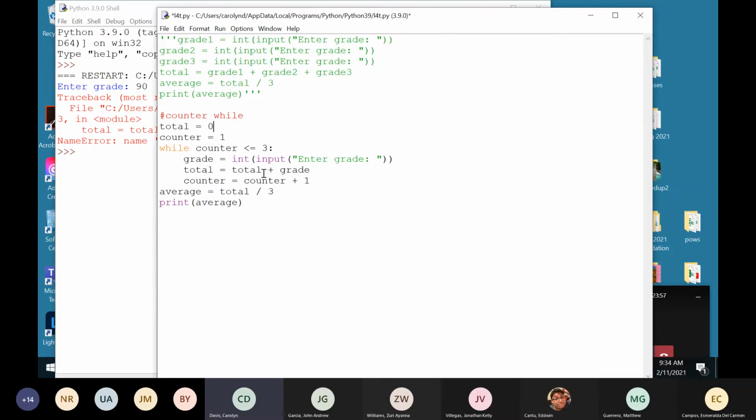And the reason it's not defined is because I came down here and I said, take whatever's in total and add it to grade. When this wasn't here, there wasn't anything in total, so it didn't know what to do. Now it started off with 0, so it's saying add 0 to the grade or grade to the 0. And then after that, I have a running total. Okay, so if I run this,